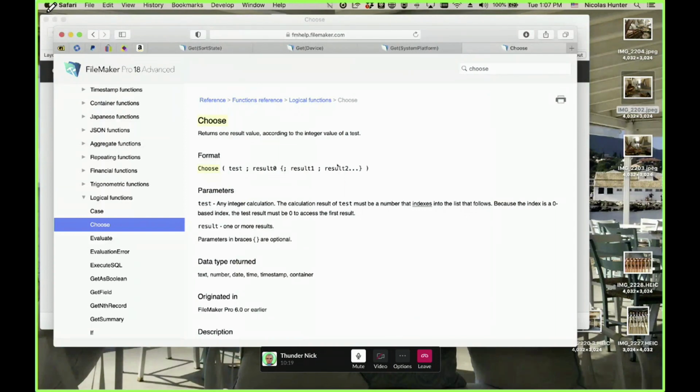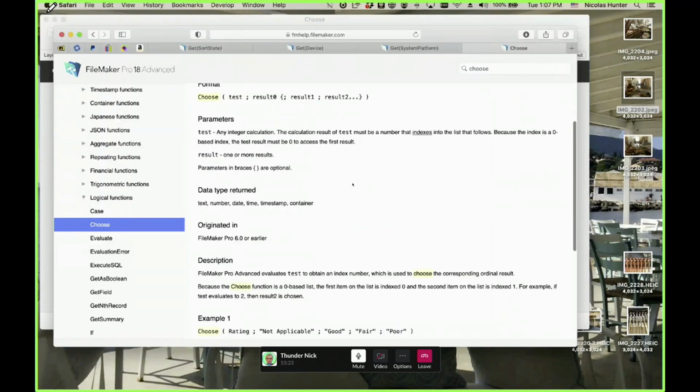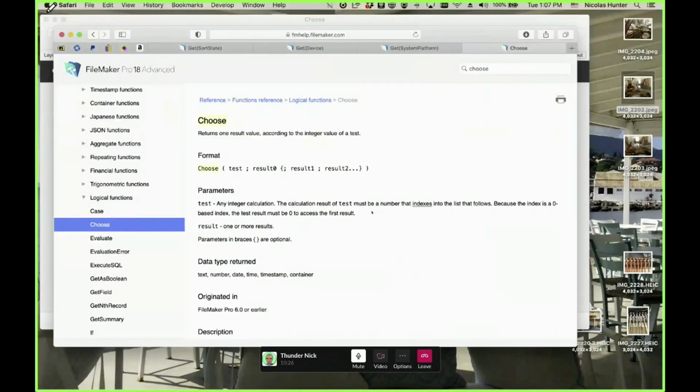It's index-based, so it starts at 0. In the help they say that 5 or 6 times in their explanation. It starts with 0. When you apply Choose, you say this is a test that will return a number: 0, 1, 2, 3, 4, 5.